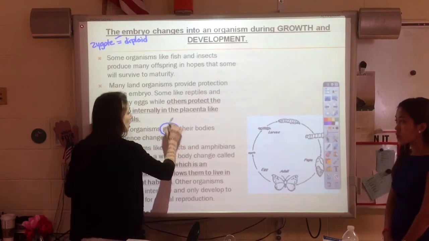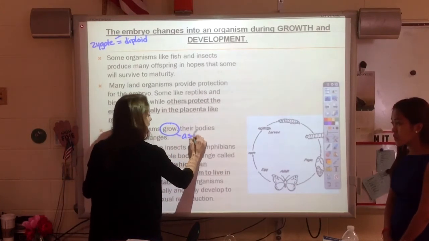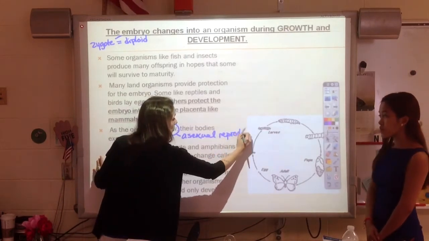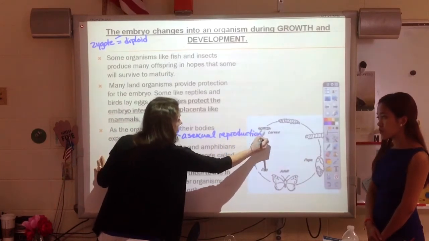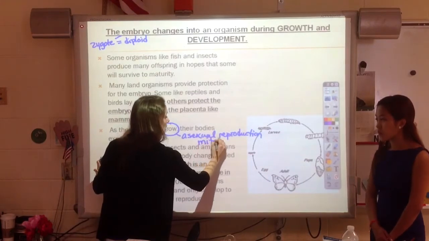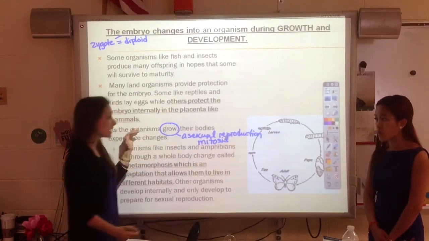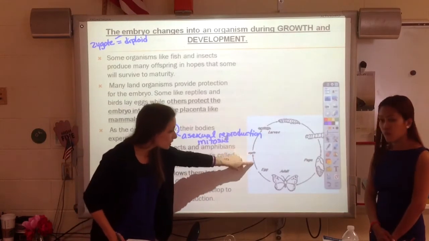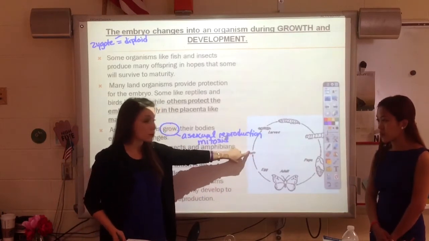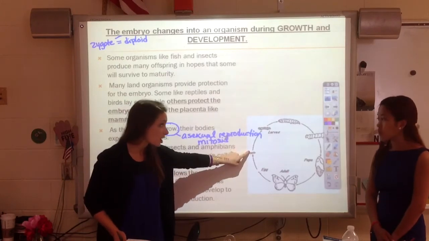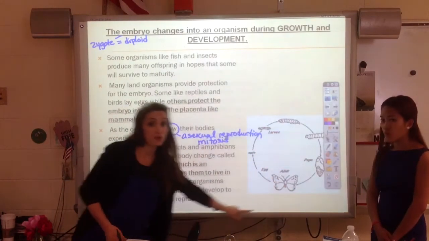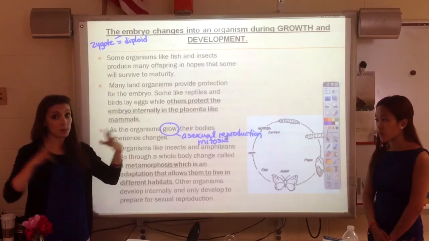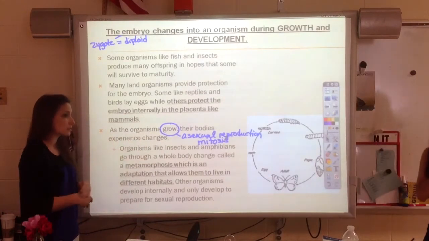And so by grow, we're actually going to be seeing asexual reproduction through mitosis. So mitosis is where we're going to make identical cells. So you can see here in this diagram, you've got your egg, and then the egg and sperm come together to be a new embryo. And that organism has to grow. And growth is when you add cells. Your cells don't get bigger, you get more cells.